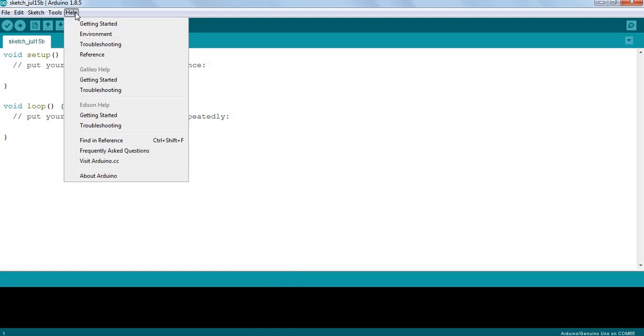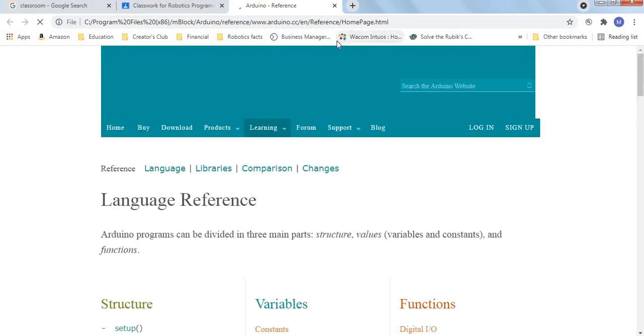Another very important functionality here is in the help, and that is reference. At reference, you see the information about various Arduino commands or various libraries and commands inside those libraries. It gives all the information: what is the syntax of those commands, how to use those commands, and it also provides us some sample examples using those commands. When we click on reference, it will open a new browser window.